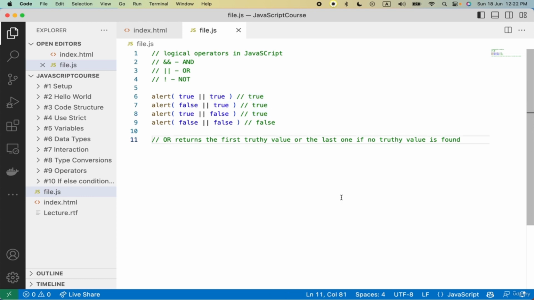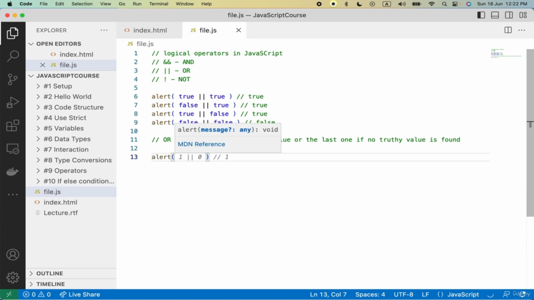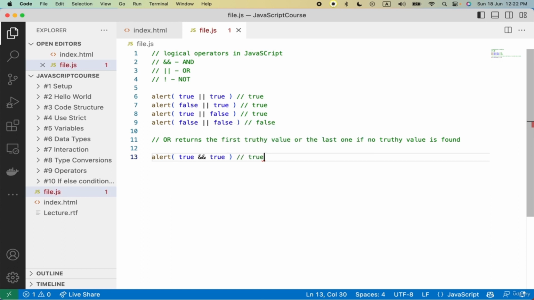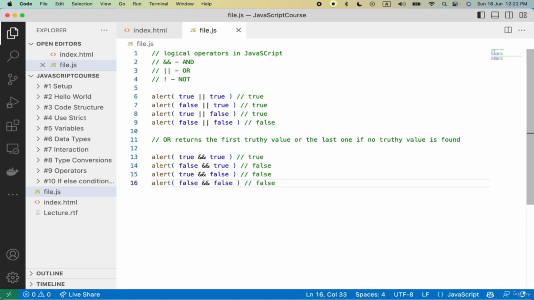Hi guys, so now that we know about or operators, let's learn about and operators in JavaScript. So we'll have true and true is true. False and true is false, true and false is false, and false and false is false. Now, why is this? Both true gives true and both false gives false. But for and,